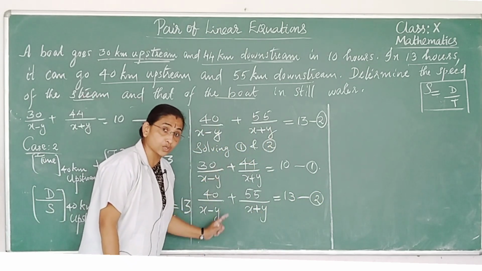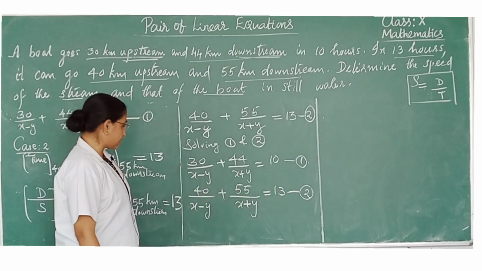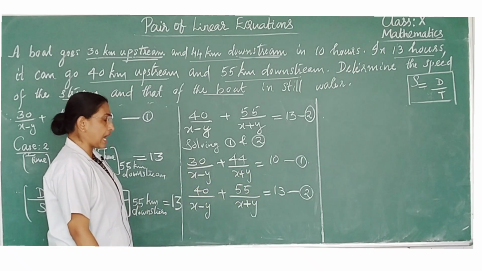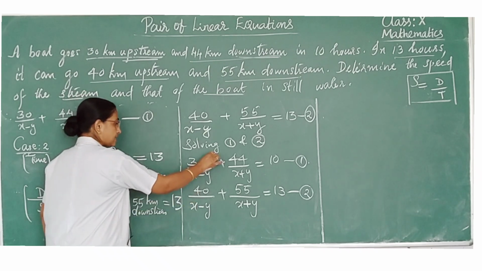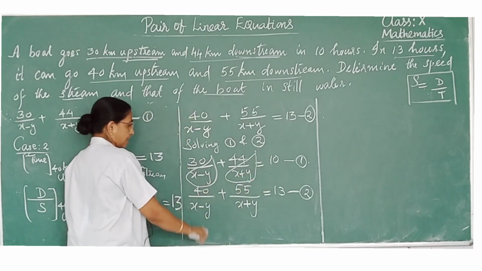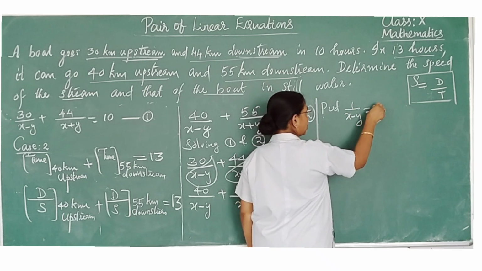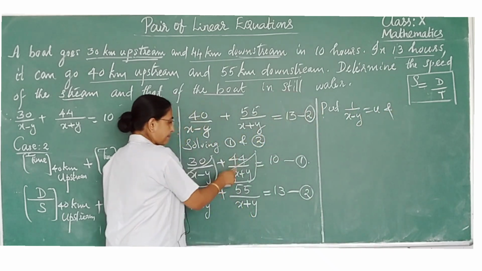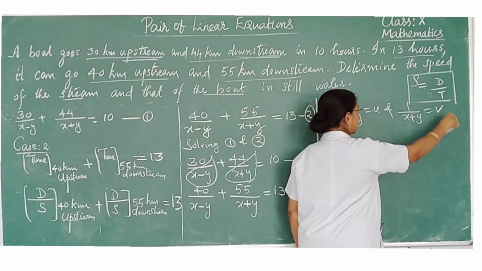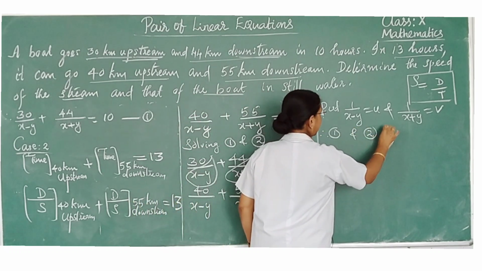Now we are going to solve two reducible linear equations. In equations 1 and 2, the common factors are 1 by x minus y and 1 by x plus y. I am going to give a substitution for these: put 1 by x minus y as u and 1 by x plus y as v. Therefore, equations 1 and 2 become